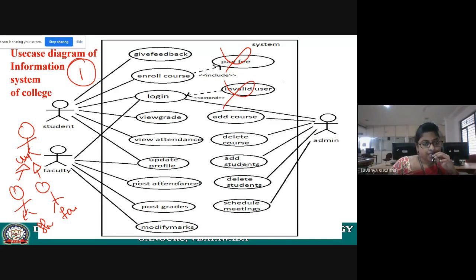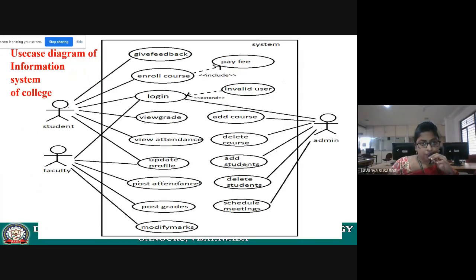If you give generalization, with student and faculty acquiring the properties of user, you don't know who is posting the attendance and who is viewing the attendance. That's why I have given them separately, so that the client, when you are developing the system, can understand who is posting the attendance and who is viewing it. So I have separated student and faculty without using generalization.